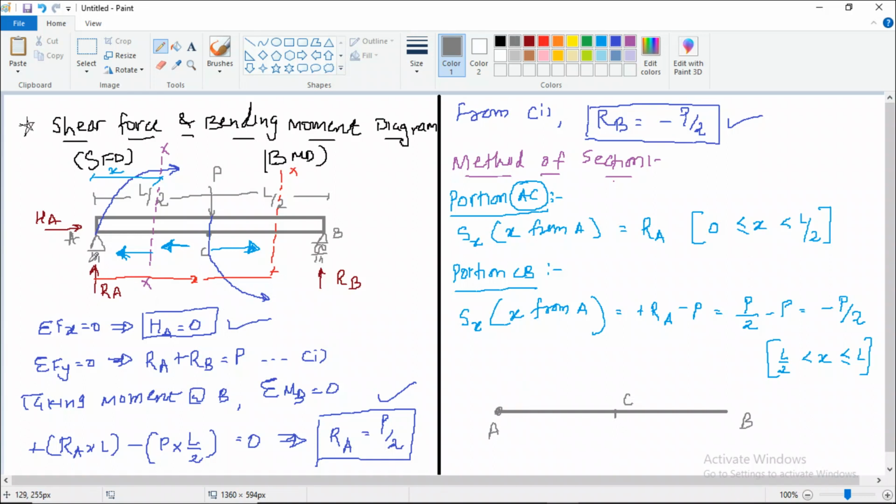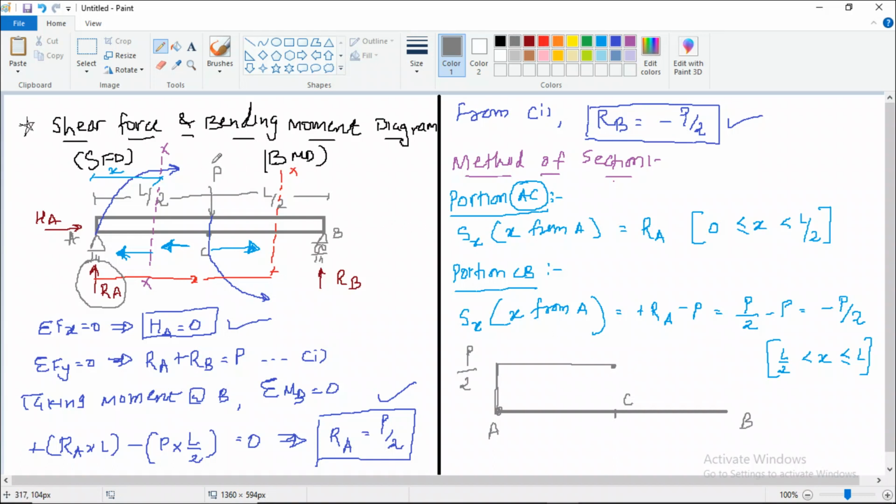So at point A we have vertical force Ra. Whatever force is there at that joint, we need to draw that much line. So at point A we have a vertical direction Ra. Positive answer means we draw the line above the baseline. So this vertical line we will draw for P by 2 value. Now from point A to point C there is no other loading, so there will be a straight line because it remains constant.